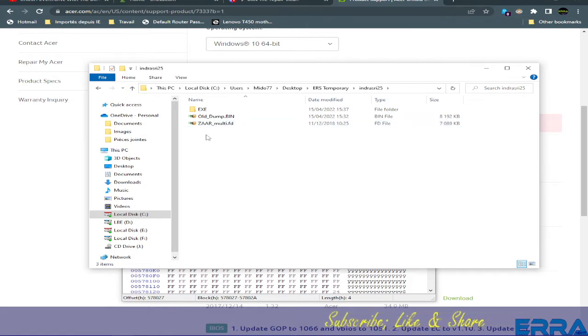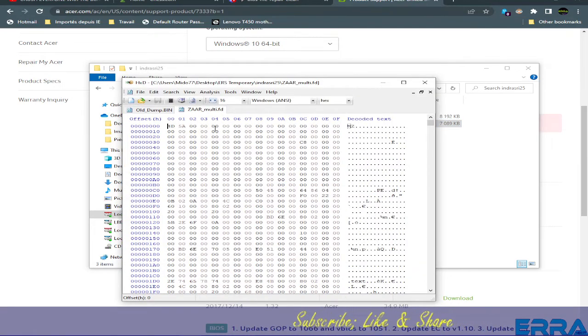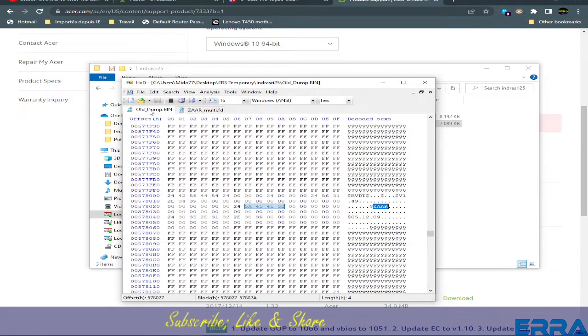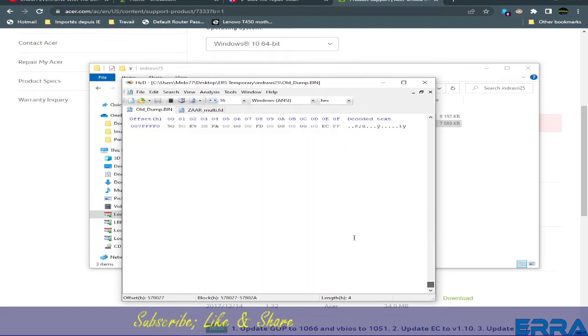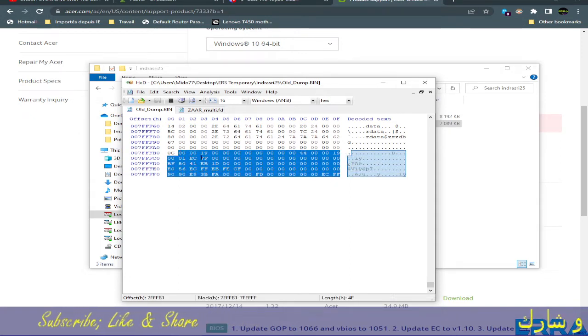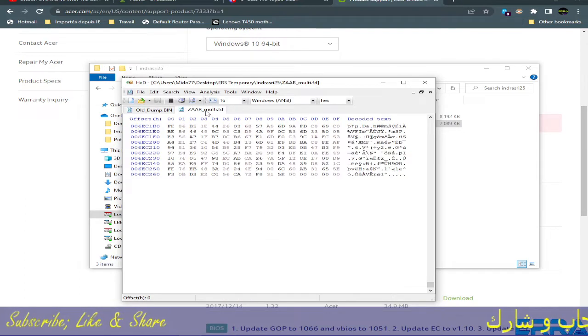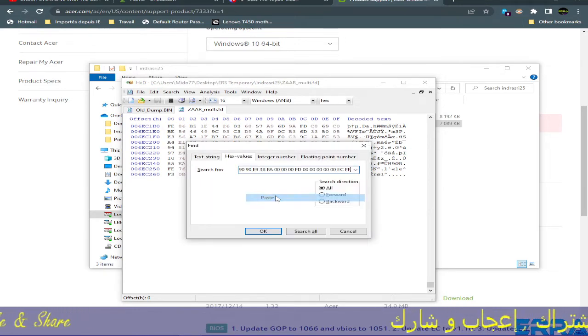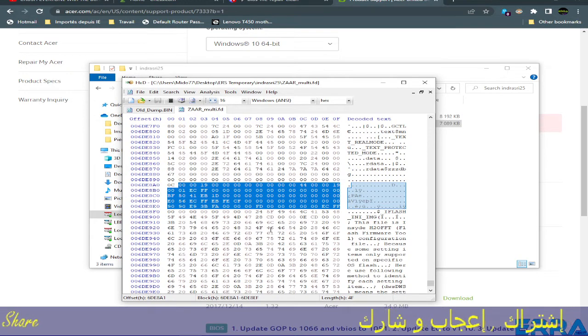So if we open this here and we go to the bottom of the file, and here we go to the bottom of the file. So here we have the footer of the original one. Let's copy it and let's see if we can find that footer here in this one. Control F, hex value here, paste and search. Yes, we have it here,